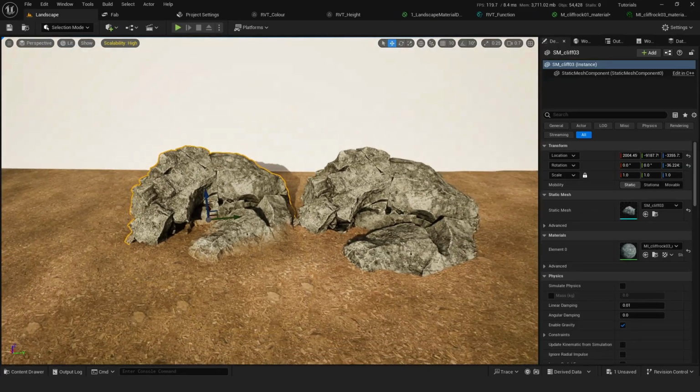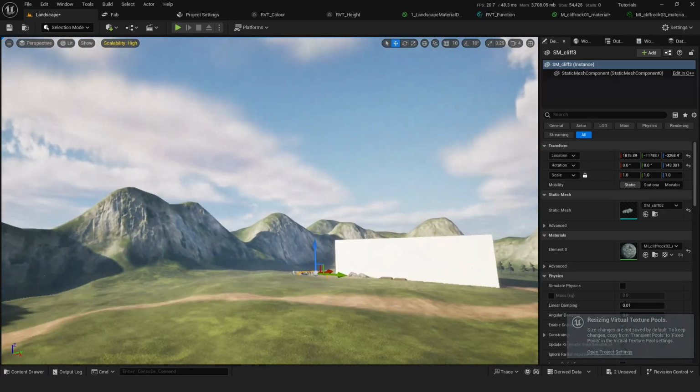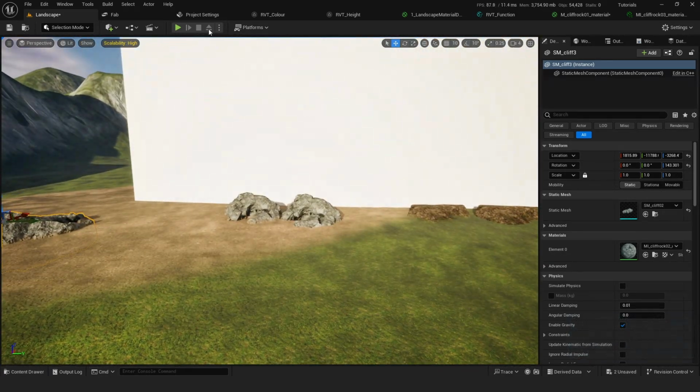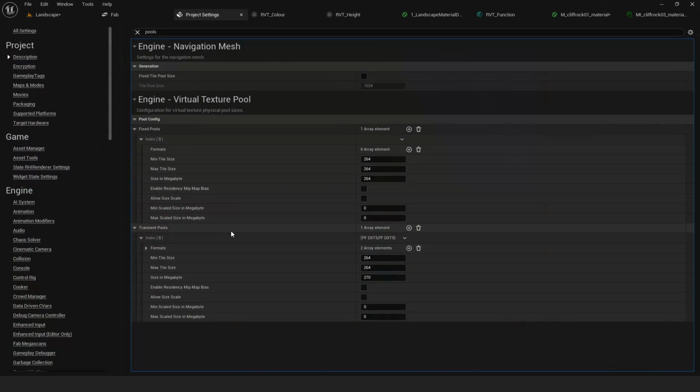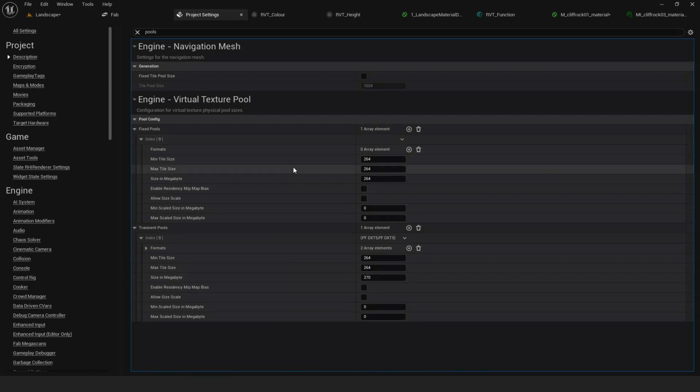And this is more or less done. So if you enable virtual textures, you might get this pop up: Resizing virtual texture pools. To get rid of this message, go to project settings. And as you can see, if you simply type pools, you'll enter these options and you'll have a transient pool generated with a size in megabyte. Just make sure